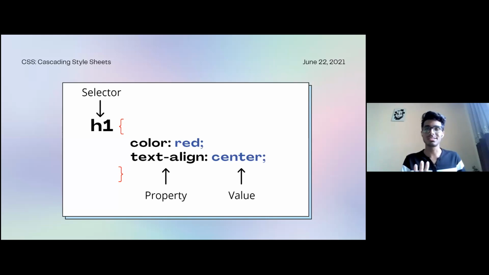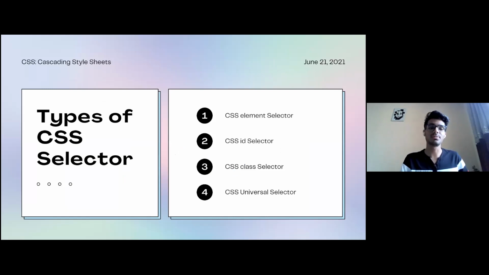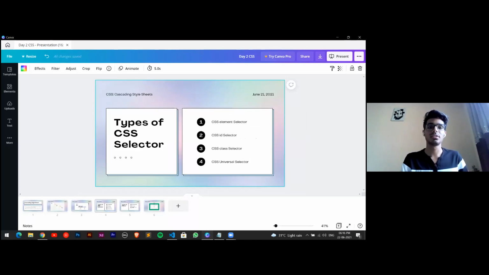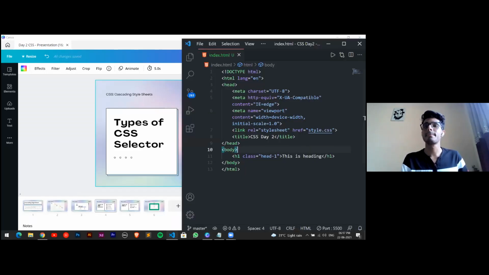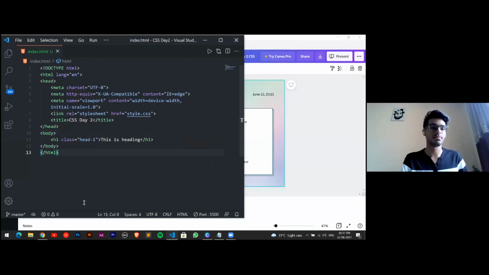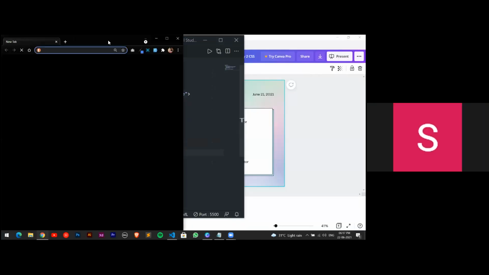So this selector is basically used to give a font family. We need to maintain a particular font family in each of our web pages to maintain consistency. So we'll give a font family in the property-value pair, and that will be followed in all the web pages. Okay, so these were the types of selector. We'll just go hands-on with these types of selector. Please follow along if you are trying to do that.